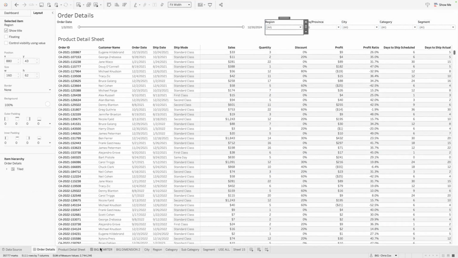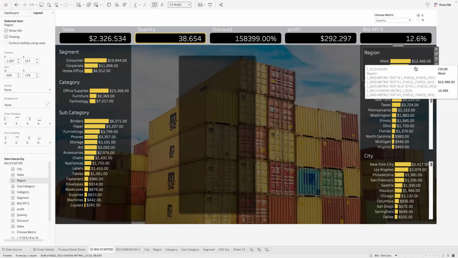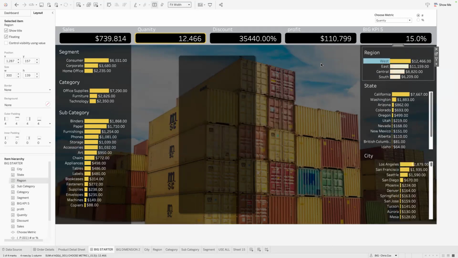Versus just doing the dashboard a little differently, I actually now tell you by region. I tell you your top region is actually the West, and then your Central is third. So now I can give you that information on the fly. I can filter the same way I would normally. I can give you all the states that are in that region, all the cities that are in that region, and so on. So this is a way better way to do it, and you get the same information.